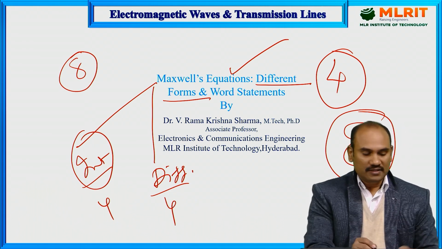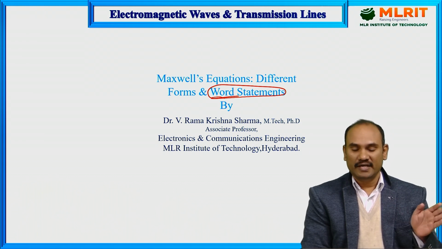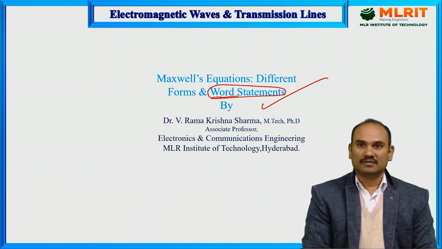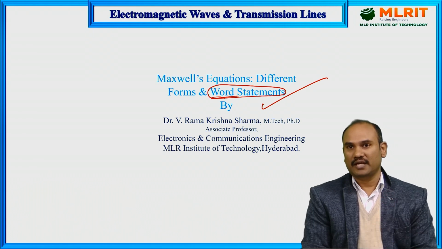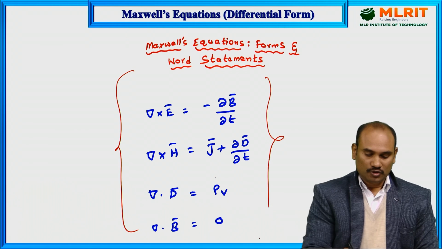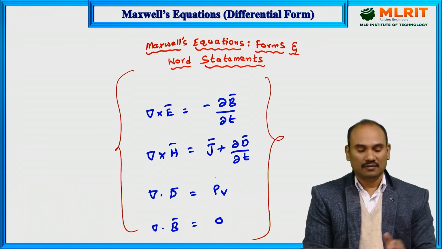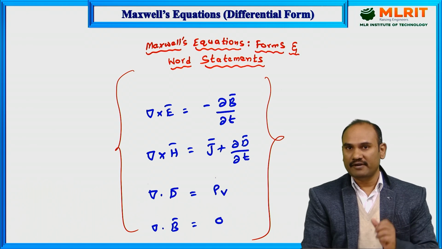We shall also be discussing the word statements, the equations which are mathematically postulated, their word statements. So, in total we have 8 equations, 8 statements. Let us start with the Maxwell's equations in differential form. By default, whatever you are seeing here, 4 equations, they are referred to as the Maxwell's equations in differential form,